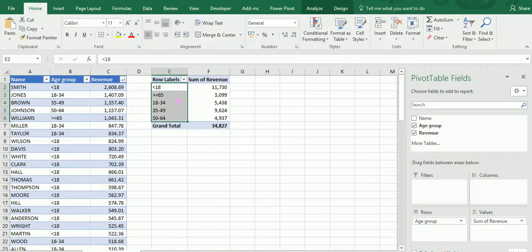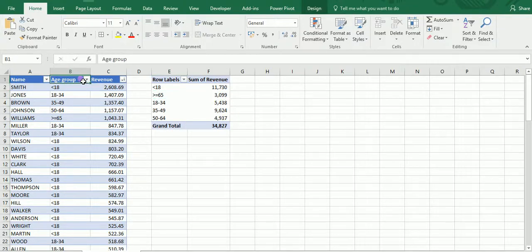So you can see that you have under 18 followed by the 65 and above, which is not what I want to do. Of course, I could move the lines like that, but this is not the smartest way to do that. What I'm proposing here is to use the customize list option in Excel, and we're going to create it just right now. So let's go to the sort and filter menu